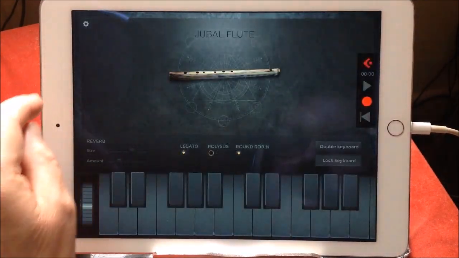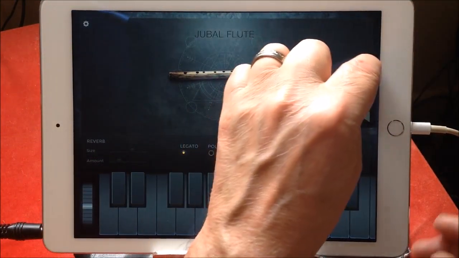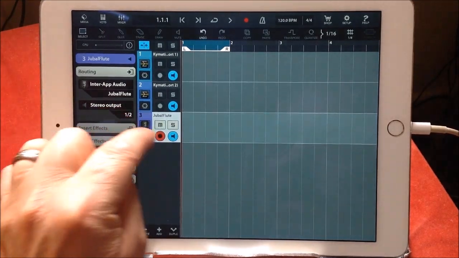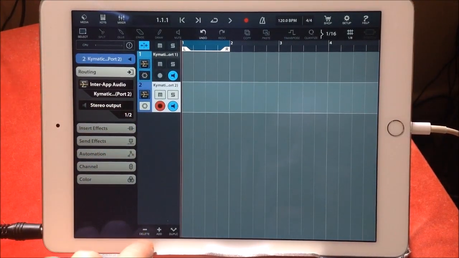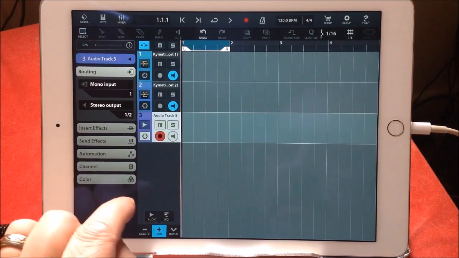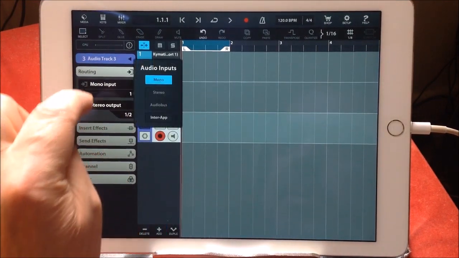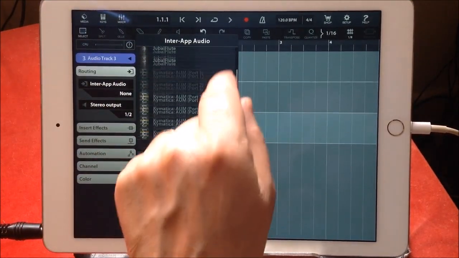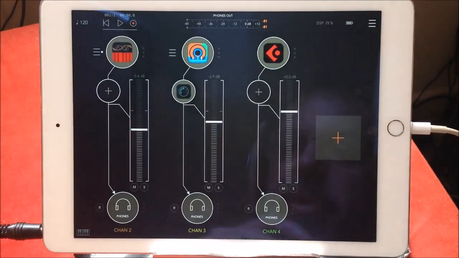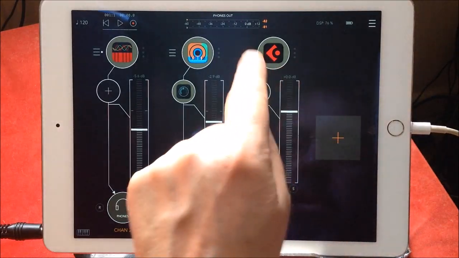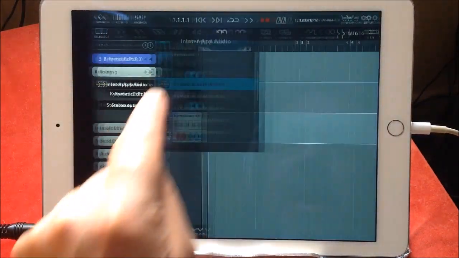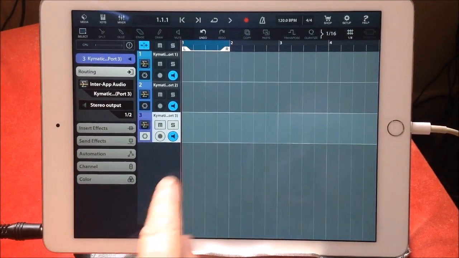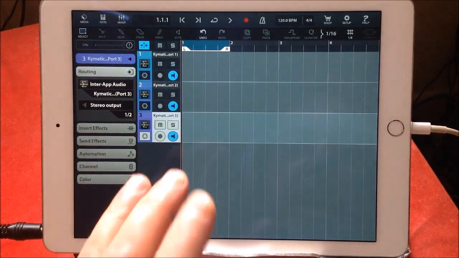and then go back to here and go to audio track 3, and then go to AUM. What am I doing? Loading Drupal flute. I don't want to load Drupal flute. Let me just delete that one. Let me add another audio track there, audio track 3 in there, and we'll go to AUM port 3. Okay, so now we will have our 3 ports from AUM